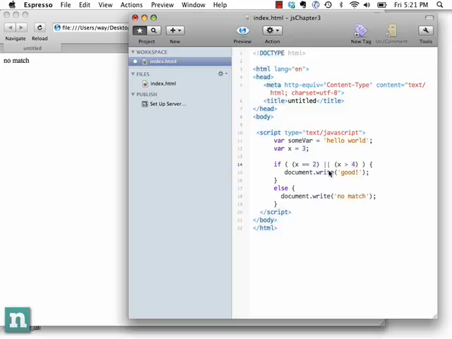Now, if we want to do and, we're not going to do just the and symbol. You might think that at first. We're going to use 2 ands, as you can see right there, and that's the standard method. I think you can maybe get away with leaving it off, but I'm not sure how that works, so just do the best practice, do 2 and symbols. So we're saying if x equals 2 and x is greater than 4, which we know is impossible,